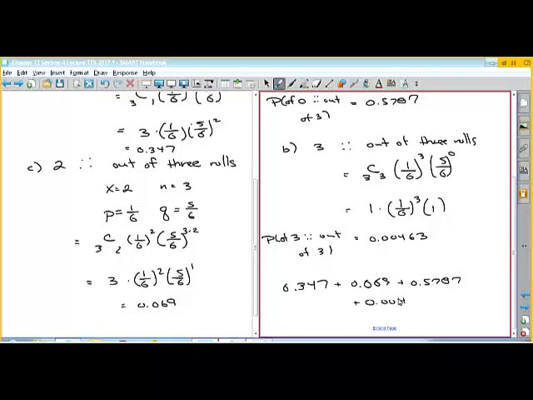And the probability of getting all 4s would be 0.00463. And if we add those numbers together, 0.347 plus 0.069 plus 0.5787 plus 0.00463, you get